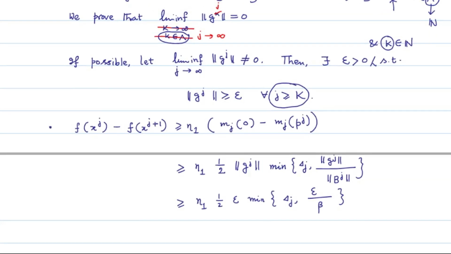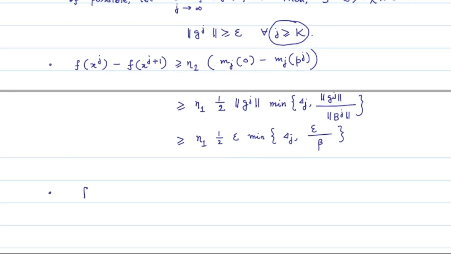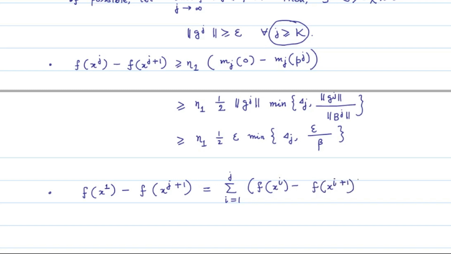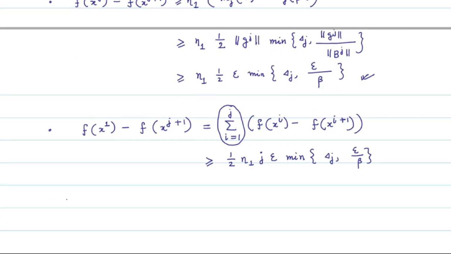And due to this inequality we can find that f(x1) minus f(x_{j plus 1}) is equal to, by the telescopic sum, from i equals 1 to j, f(xi) minus f(x_{i plus 1}), which is then greater than or equal to half times, here we are executing j many times this summation, so half times eta 1 into j into epsilon into minimum of delta j and epsilon by beta, and therefore this gives us